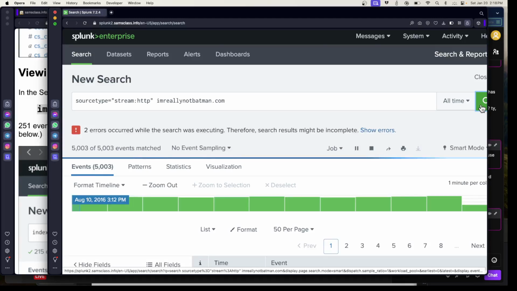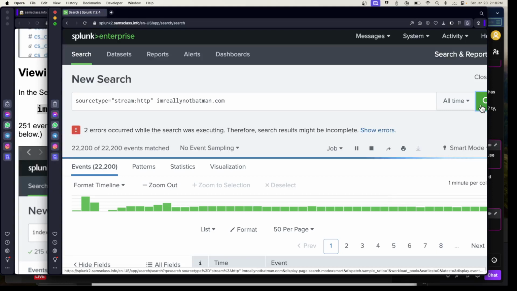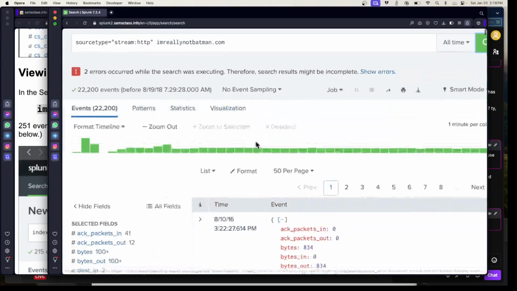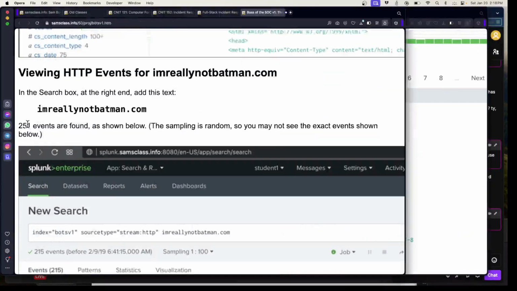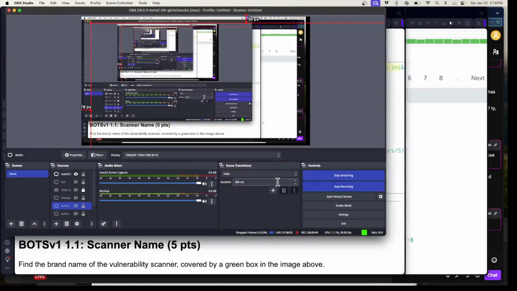There, 5,000. Yeah, it's not done until you see the green check mark. Yep, 17,000, 22,000. So not that much other data in this database. But anyway, this is the data going to my web server. Now, I think this is where I expect to find malicious attacks. Yep, okay. If I just scroll down here,